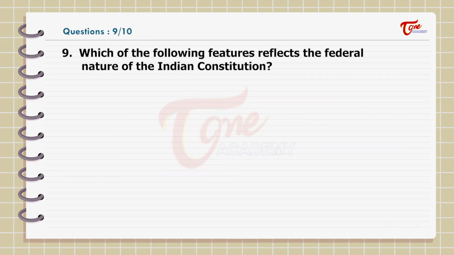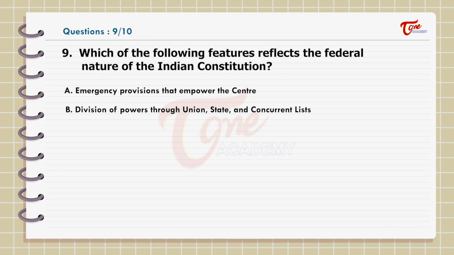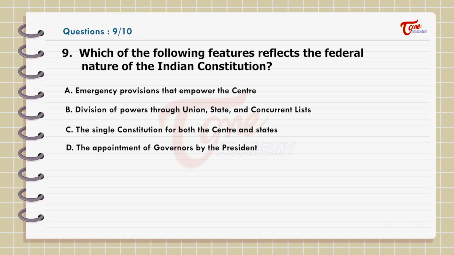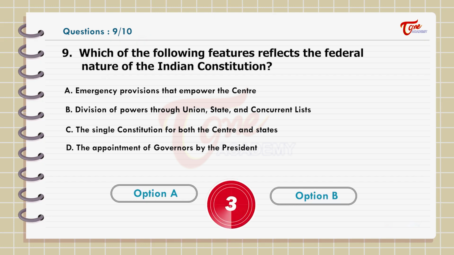Which of the following features reflects the federal nature of the Indian Constitution? Options: A. Emergency provisions that empower the centre, B. Division of powers through union, state and concurrent lists, C. The single constitution for both the centre and the states, D. The appointment of governors by the president. Answer: